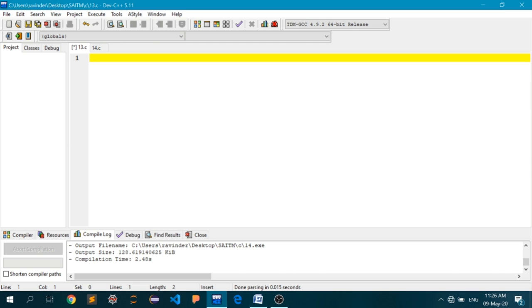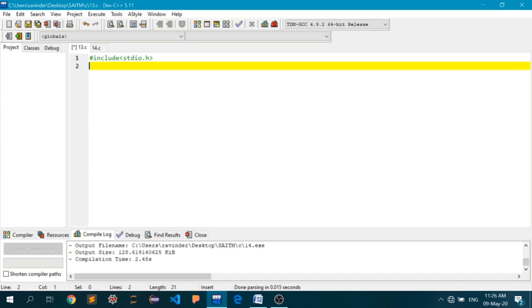Let's start writing the code. int fact is the name of my method, with int n.